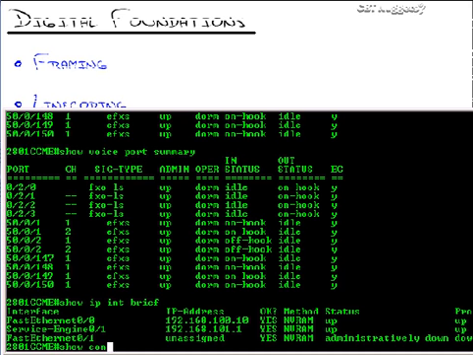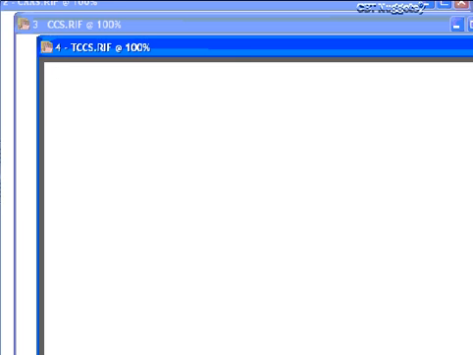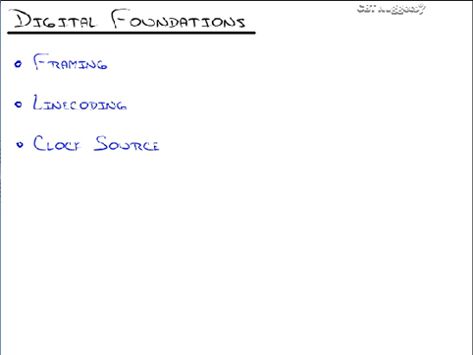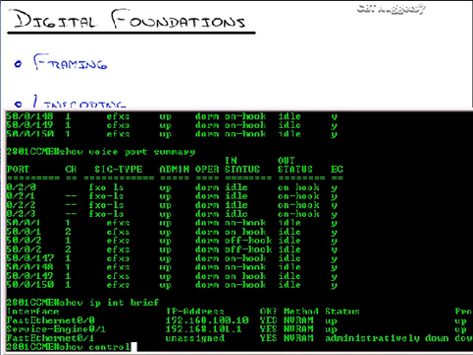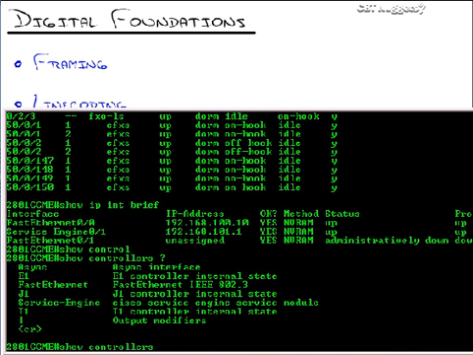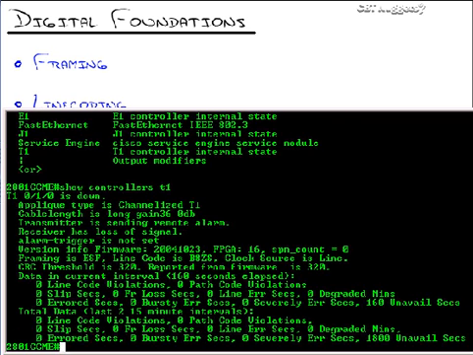Watch this. I'm going to type in show controller. Actually, let me clean up that slide in the background. The lines are bothering me. All right, we go up there and we type in show controller followed by T1. Now I hit enter and I can see that right now I have a T1 controller and it's in this